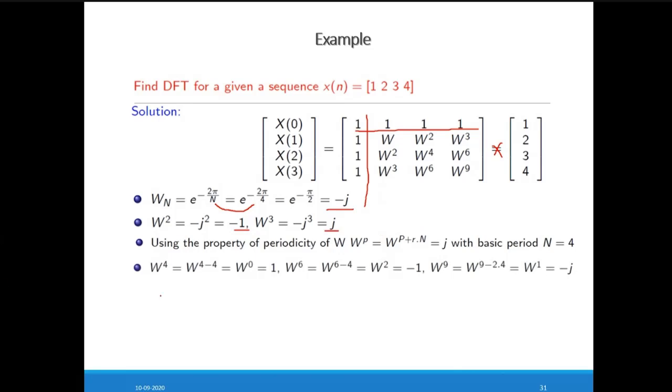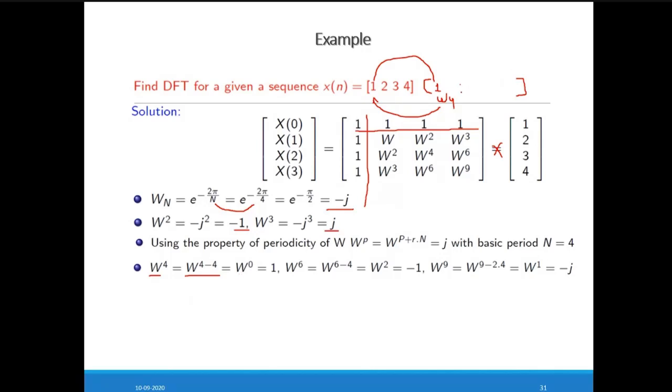As our sequence has length 4, it repeats from 0 to n minus 1, so 0 to 3. For the repetition of omega 4, we have to write omega 4 minus 4. Suppose your sequence has these 4 values 1, 2, 3, 4, and again it repeats. On the fifth place you get this one, which will be the 1. Here this is your omega 4. It started with omega 0, omega 1, omega 2, omega 3, omega 4. This omega 4 has the same value as omega 0. This is how we apply the periodicity property.